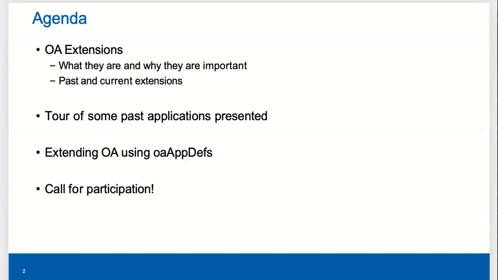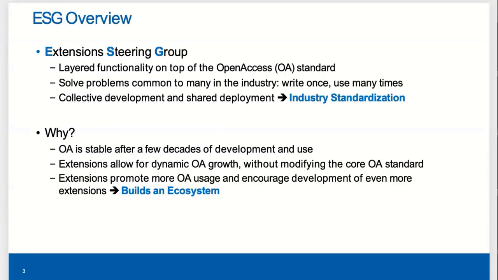We definitely benefit from more participation, so we'll talk about that at the end. Okay, so to start off, what is the ESG? It stands for Extensions Steering Group. Extensions that go under this group essentially contain layered functionality on top of the open access standard. You can think of this as solving problems that are common to many individuals within the industry. So we can get together and discuss those common problems,